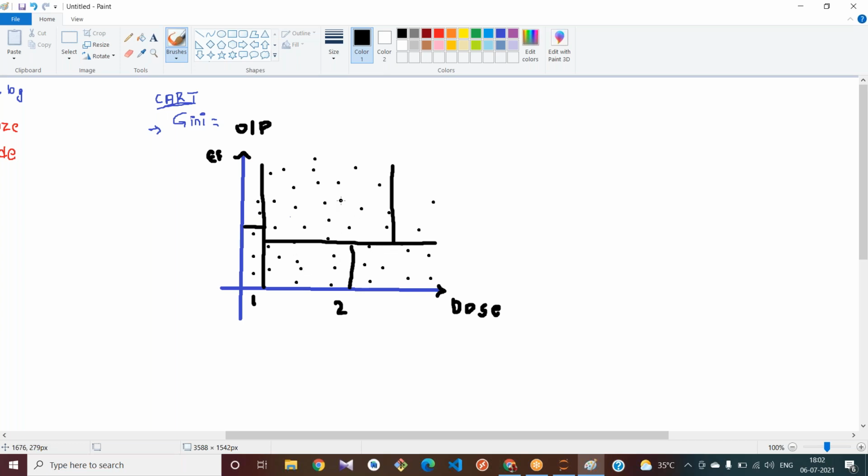See, what does it do after splitting this data? If any new data point is given to you, it tries to find out the similarity of all the features present in the split and tries to give the output. It tries to find out the average value of these outputs. See, if I have given a new data point here, this belongs to this part, right? This decision part, this split part.